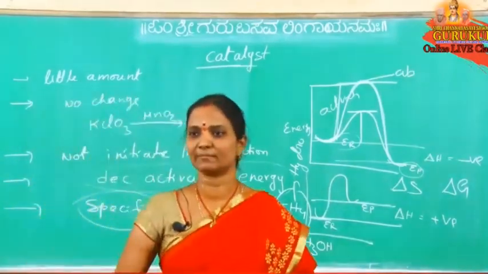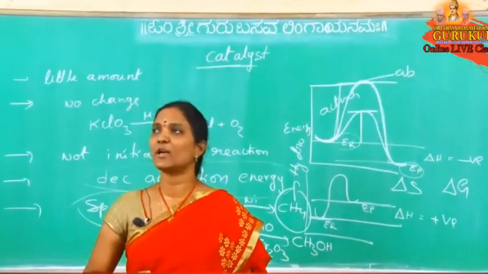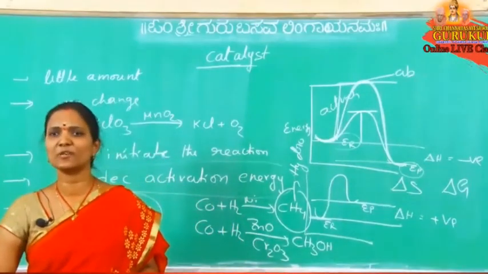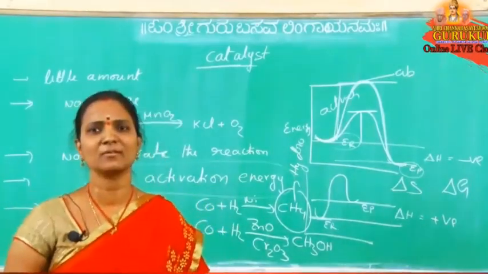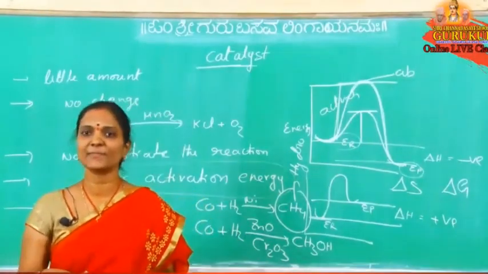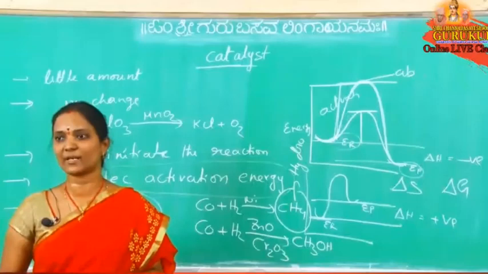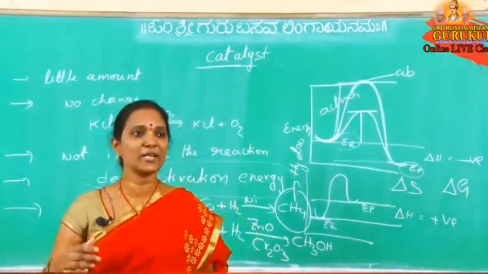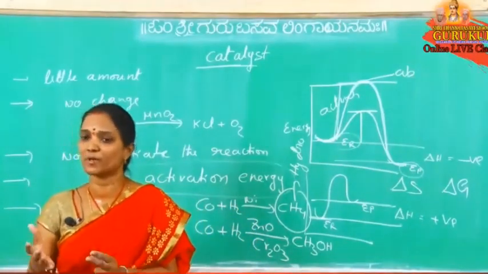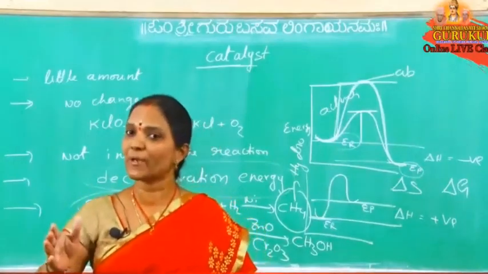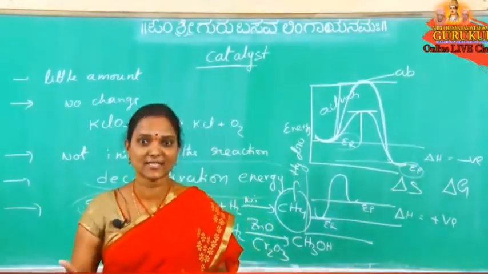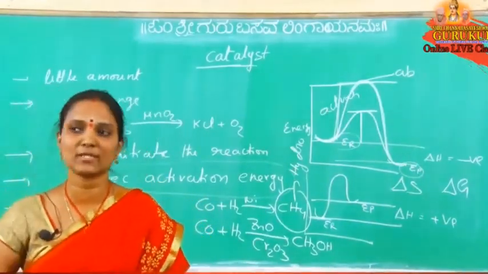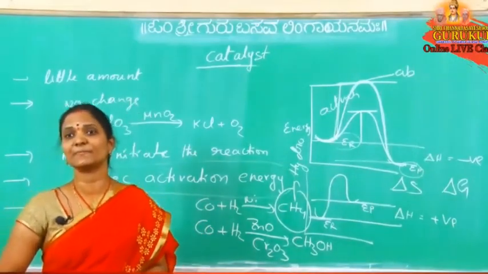Otherwise, the best example is enzymes. Enzyme catalytic reactions. Now, for the digestion of proteins, which enzyme is involved? Pepsin and trypsin are involved, or is invertase also involved? Invertase digests only sucrose, sucrose to glucose and fructose. But invertase does not convert proteins to amino acids. So for proteins to amino acids, what is required? Pepsin or trypsin can catalyze proteins to amino acids. Invertase can catalyze sucrose to glucose and fructose.